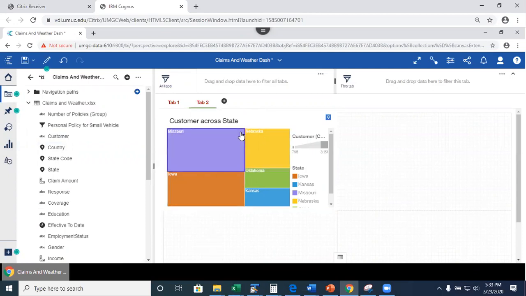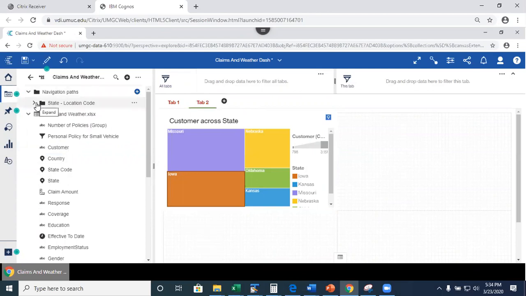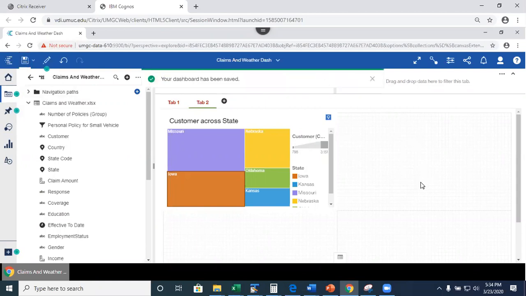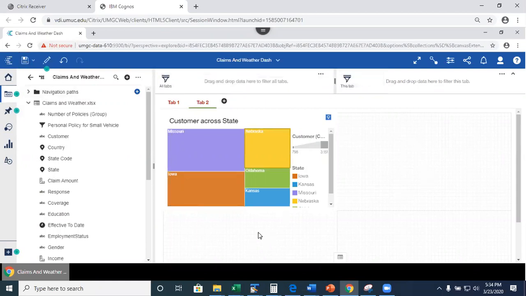So I pasted this visualization, and take a look at this. With this, the navigation path is copied. I discovered it, okay? So this is one way to bring the visualization from the workbooks that you did in assignment 3, right? So this is assignment 4. This dashboard is going to be assignment 4. To copy over the visualizations from assignment 3, you can copy and paste like I just did, or